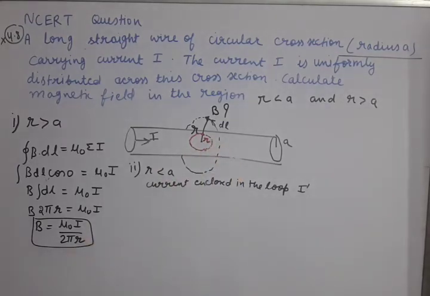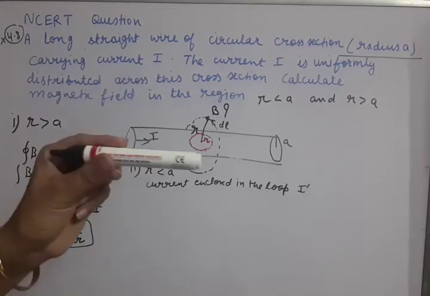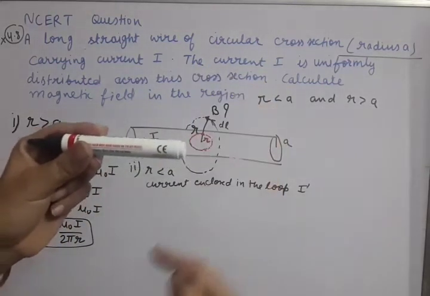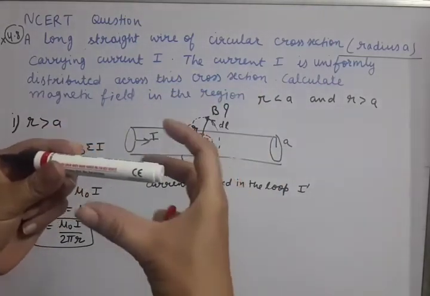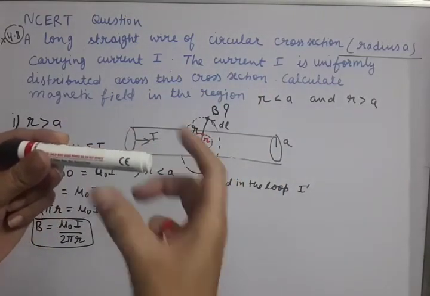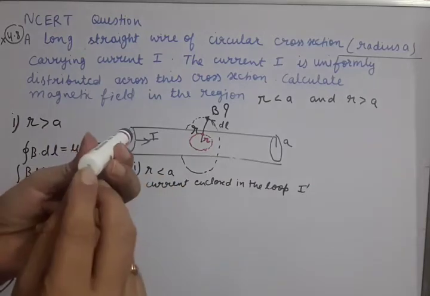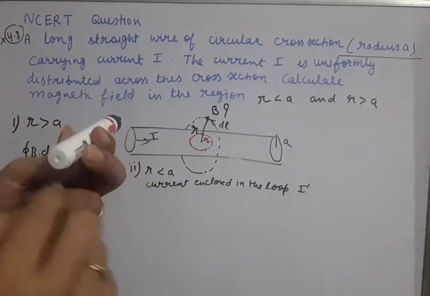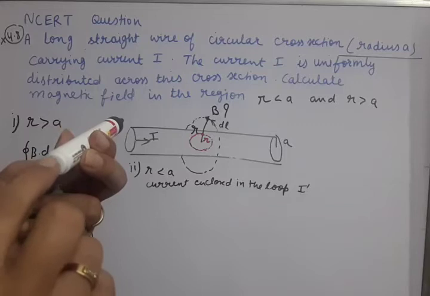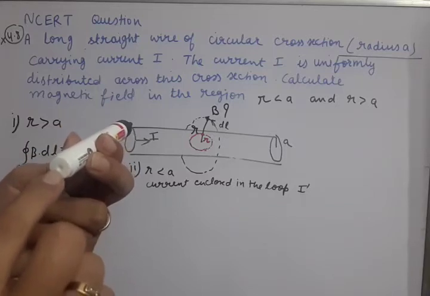Okay, so we have enclosed not the whole wire. Suppose this is the wire. In this wire we have now not taken a greater loop. That means the point is not outside now. The point is inside only. So now you can see that in this loop only a small circle we have to consider, which will enclose